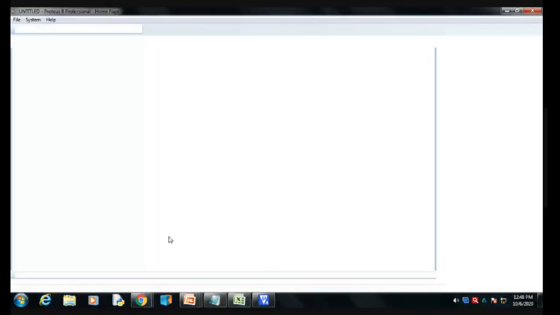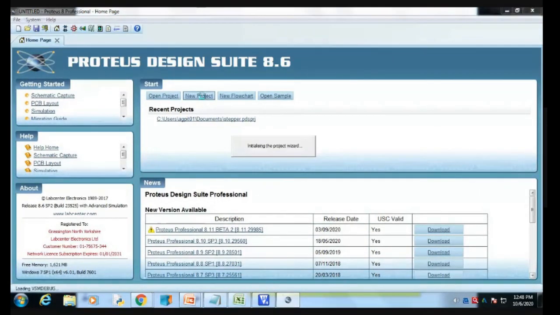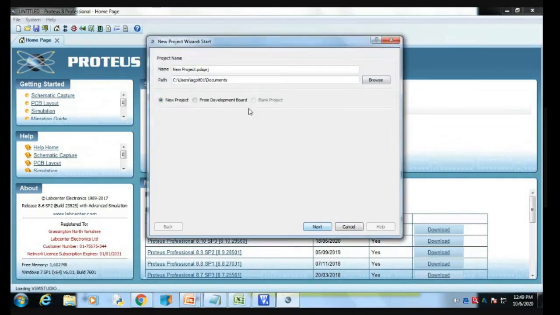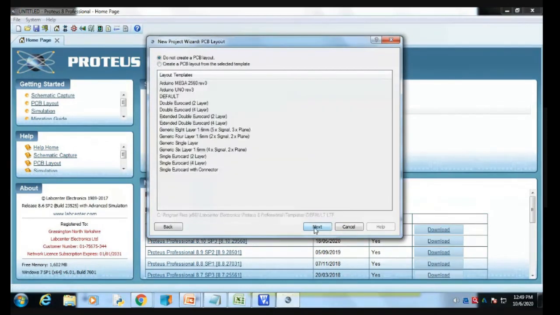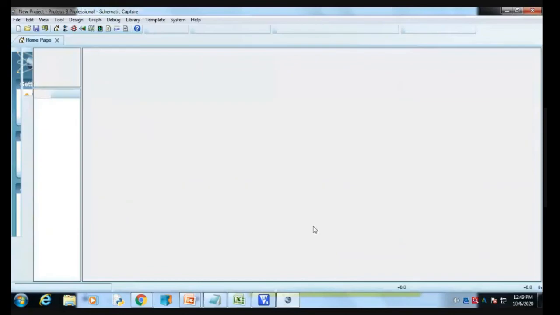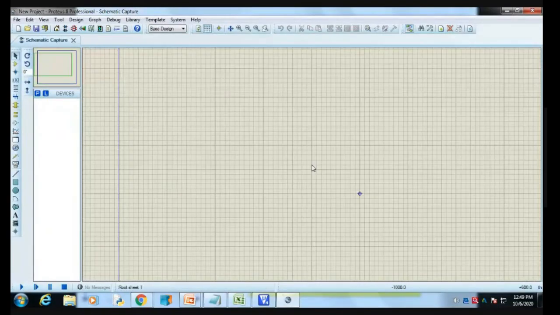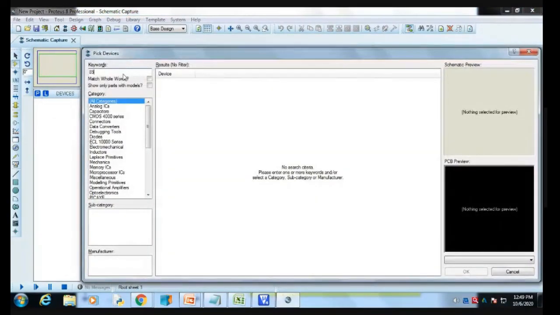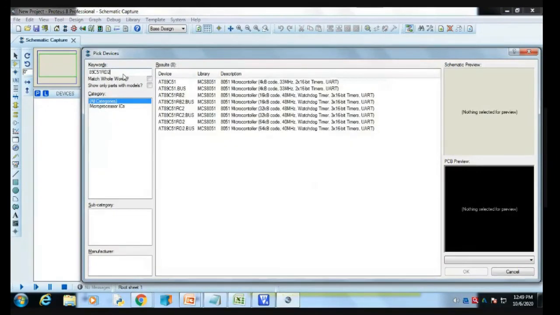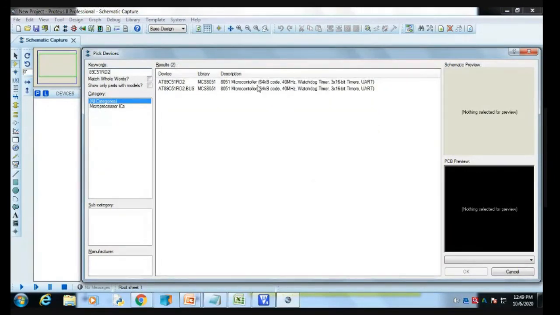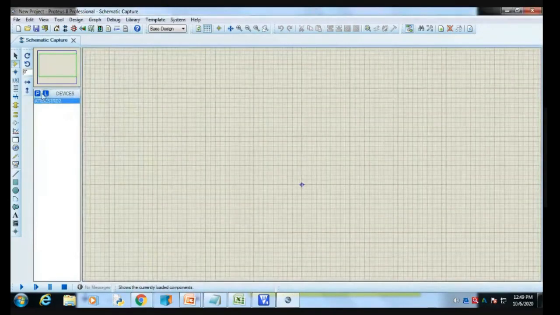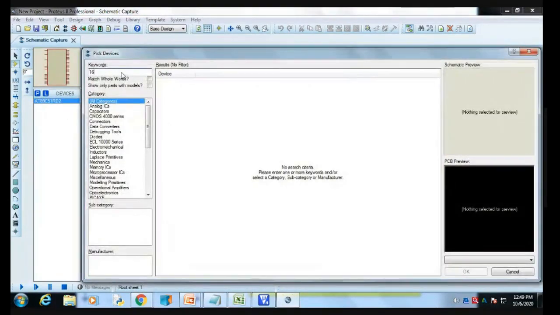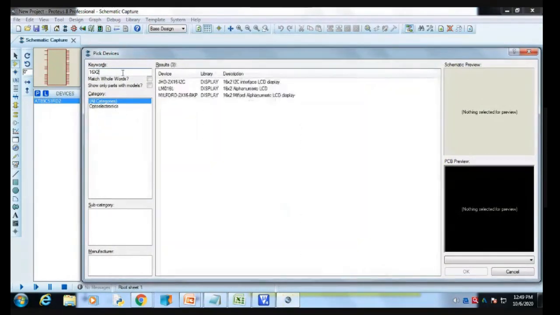Are you able to see my screen now? Yes, sir. Okay, very good. Okay, this is my 89C51RD2 and next is the 16x2 LCD.